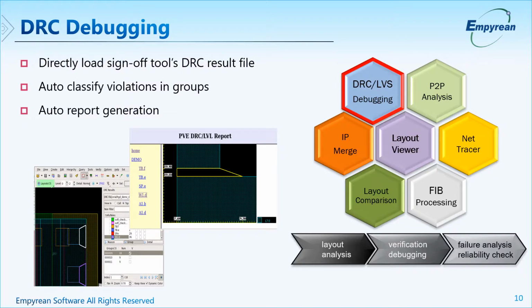You can also fix one cell and all the other instances of the same cell will be fixed. This will drastically improve your productivity. Once you have gone through all the violations, a report can be generated down to the detail of which violations were waived and